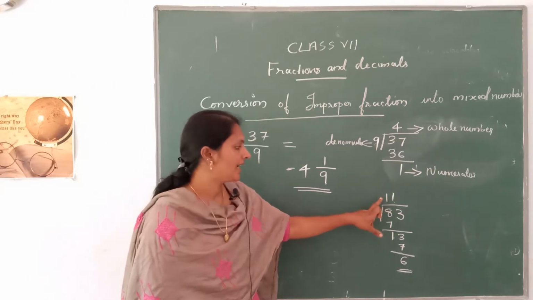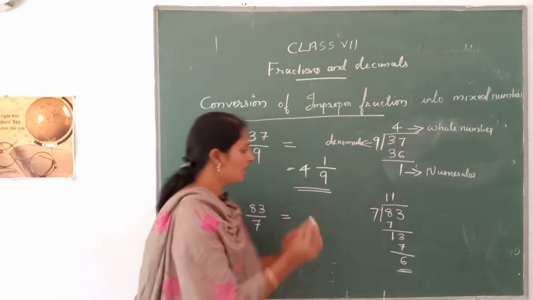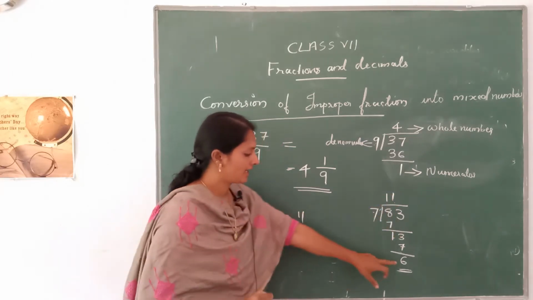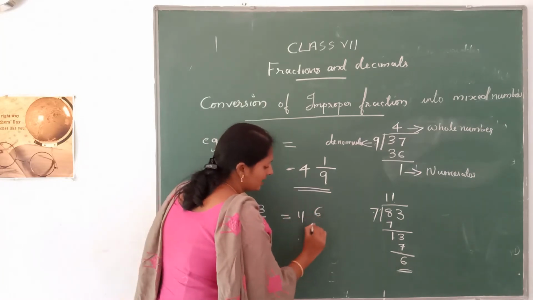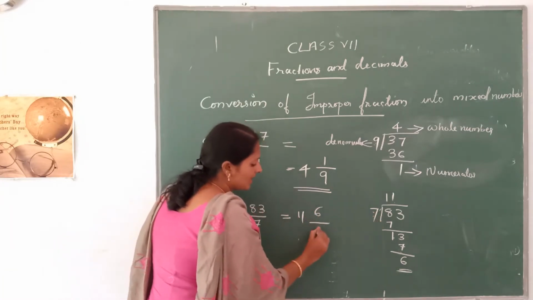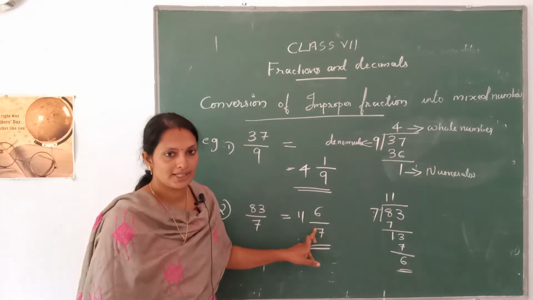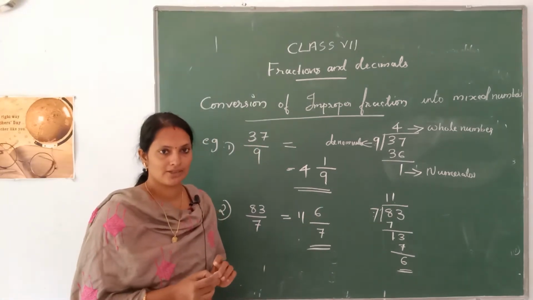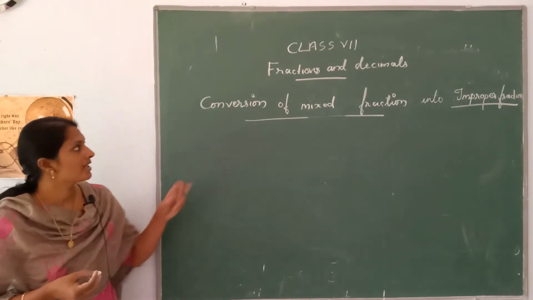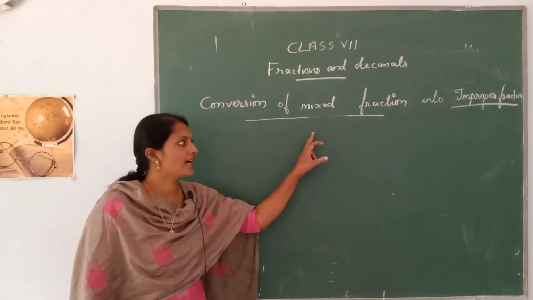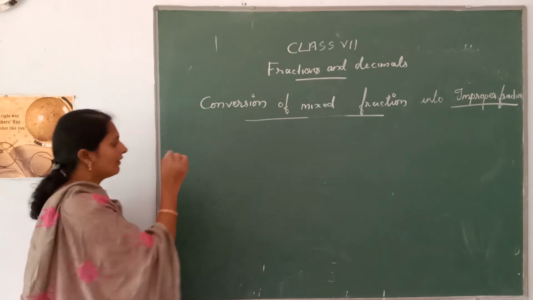Then you know that the quotient becomes the whole number, the remainder is the numerator and the divisor is the denominator. Therefore, 11 6 by 7 is the mixed number. That's all. Next, conversion of mixed fraction into improper fraction. An example,